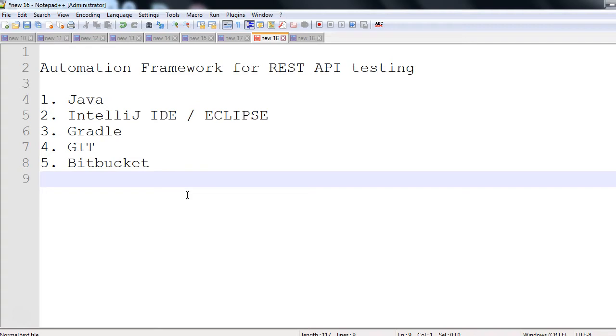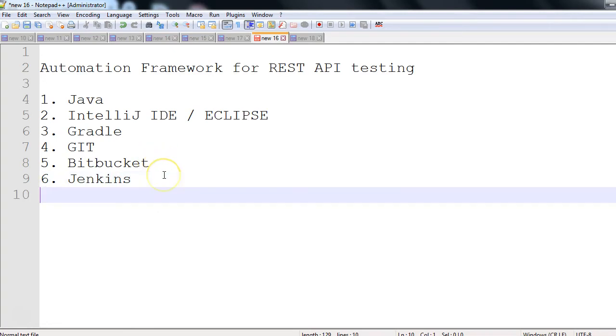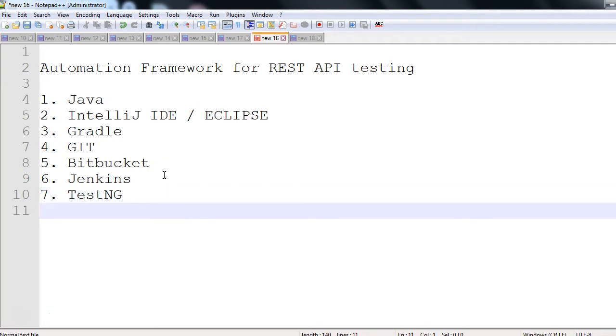and I would also need Jenkins. I would need TestNG. I would need Log4j.